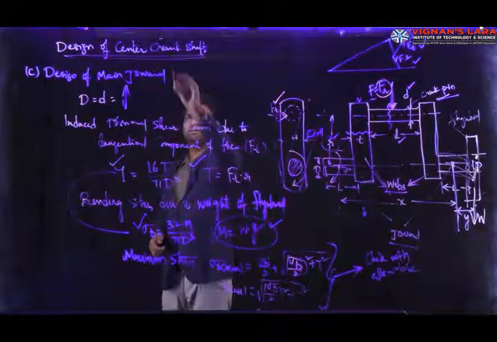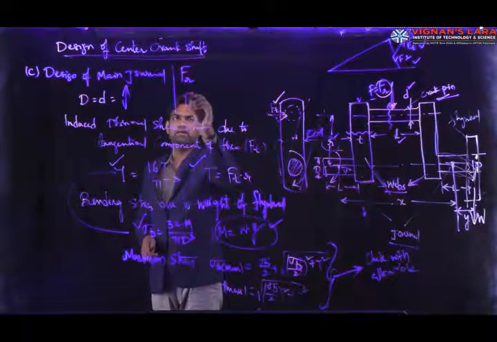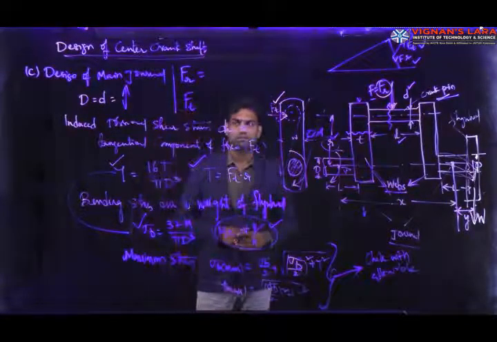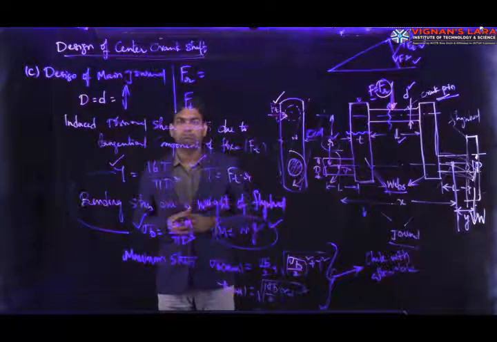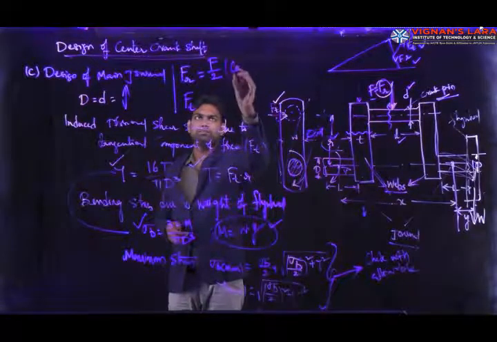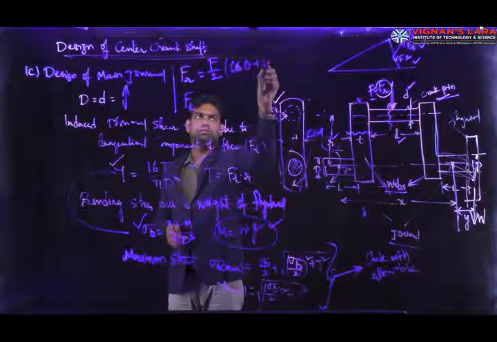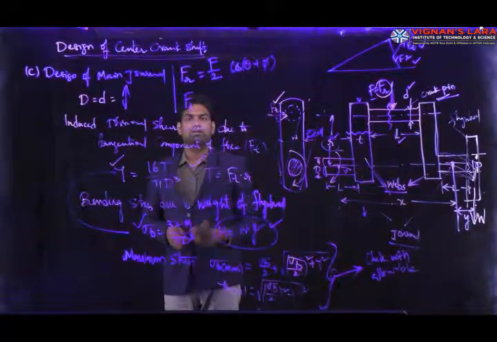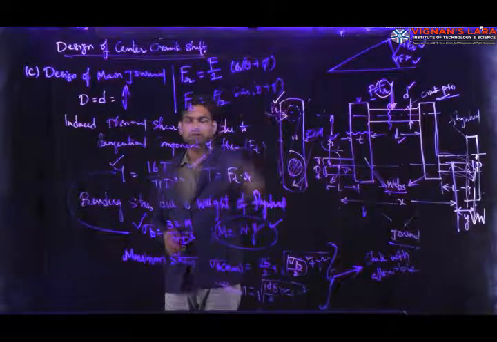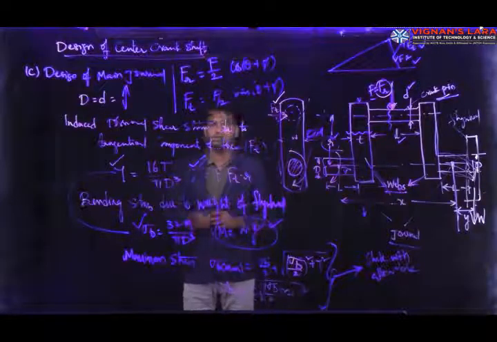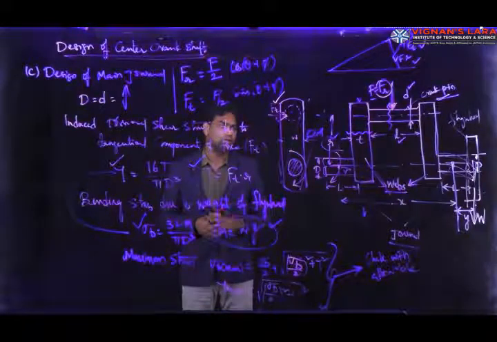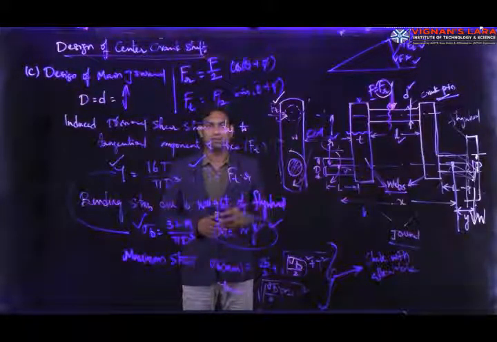But here again, for calculating the radial component of force and tangential component of force, as I stated, it is supported by the two webs and the journal, so the force is going to be equally distributed. So the radial component, instead of F cos theta plus phi, here we get F by 2 cos theta plus phi. And here we have F by 2 sin theta plus phi. So instead of F in the case of side crank or overhang crank, in the center crank while calculating the radial and tangential components, we take only half the load that acts upon the web as well as the main journal. Clear?